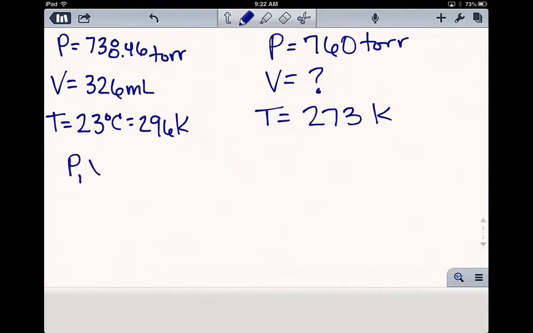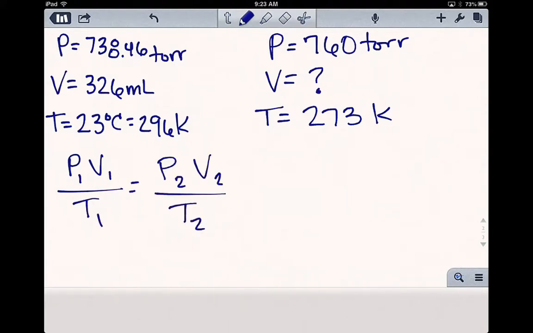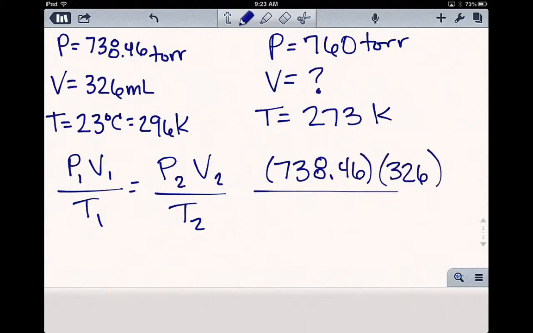Kind of write it out here. P1V1 over T1 equals P2V2 over T2. Let's plug it all in. So my P1, and we can just make that either side, so I'll just use my sample. P1 is 738.46 times V1, which is 326, divided by